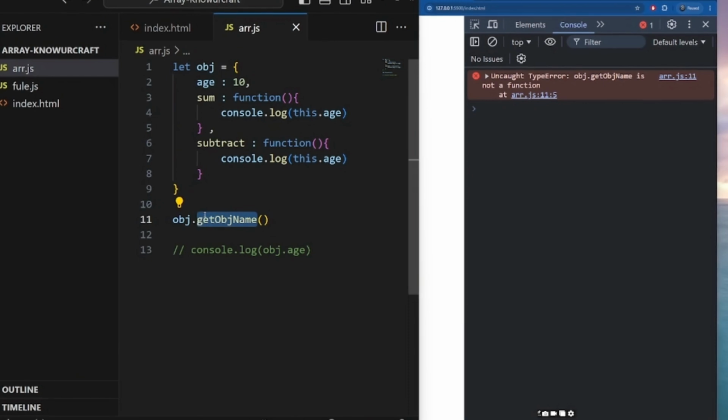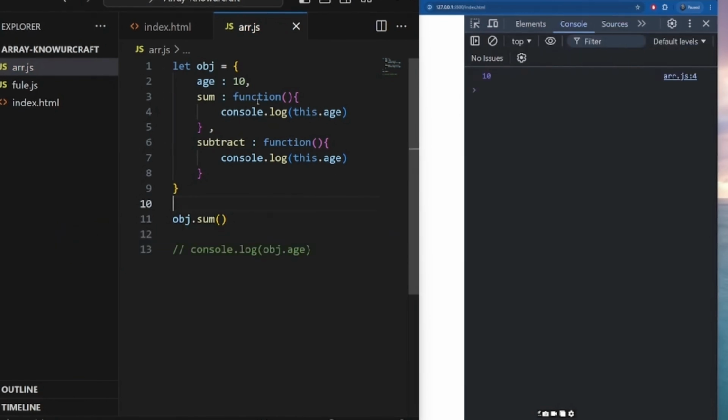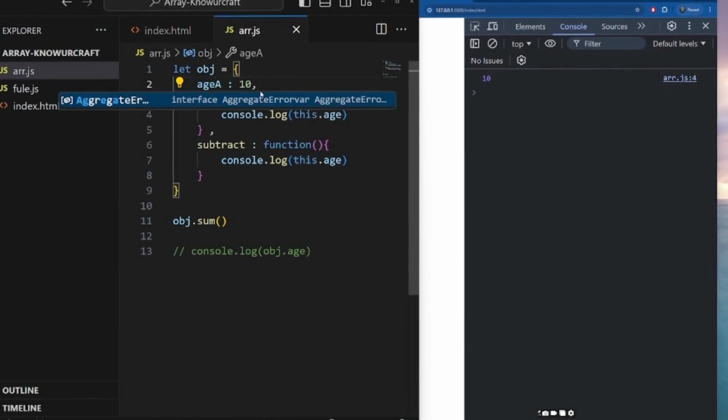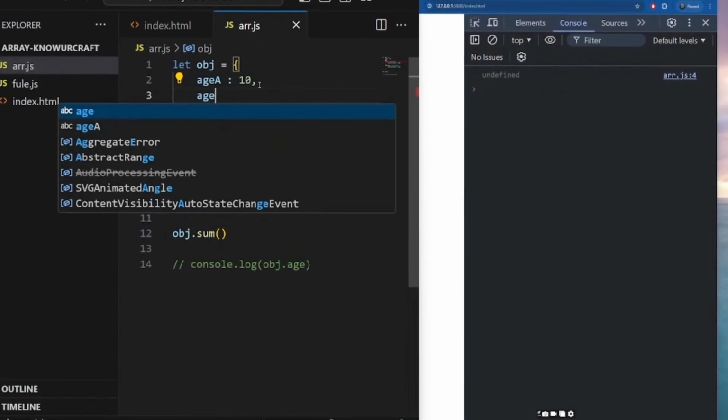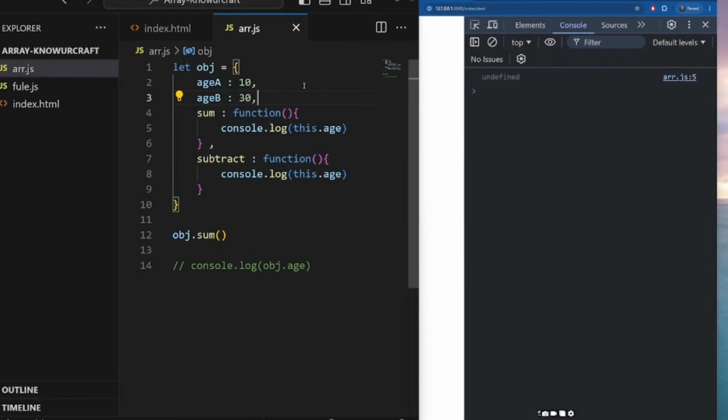Then we have sum. Okay. We have the age of two people, age A and age B. If the second person is 30 years. Okay. So now what I want to do is get this age and get this age and then add them